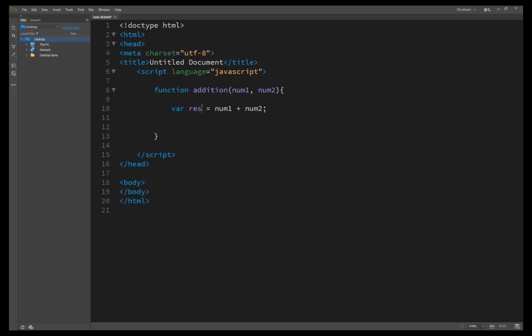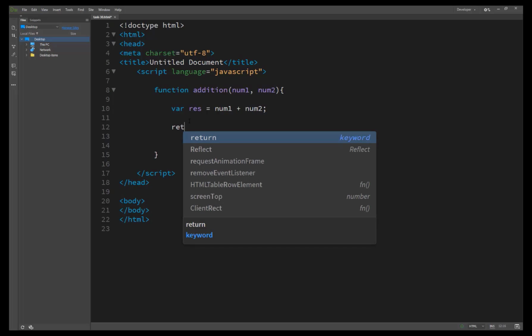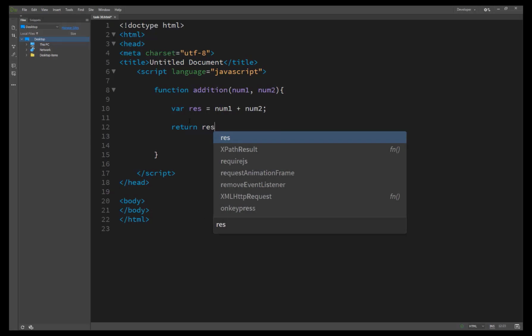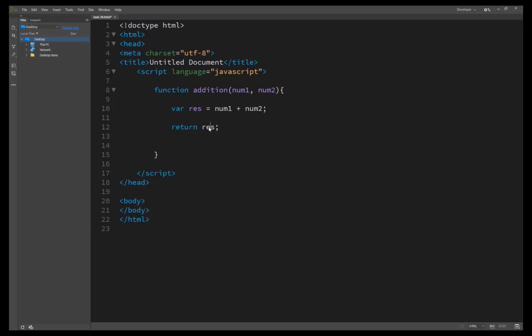So the result is assigned to the res variable, and we write return res. It means the data inside this variable is automatically returned to our addition function.